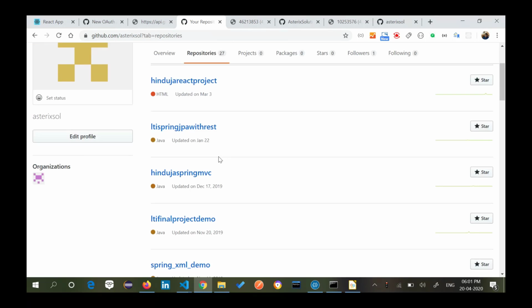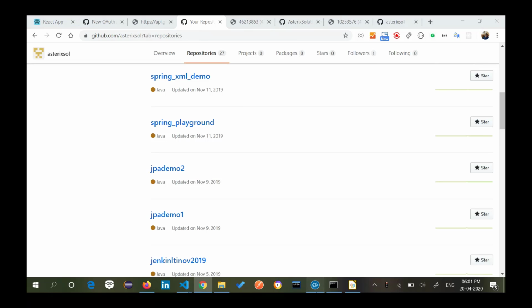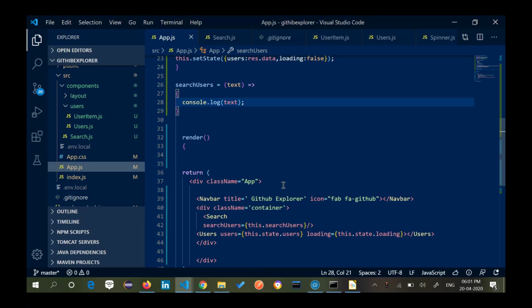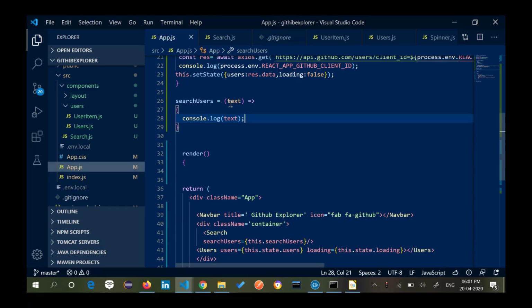This is the Hinduja React project. Are you getting what is happening here? So if I fire this URL now with whatever user you are trying to search for, I should be able to fetch the value. So the next thing is, I need to make the HTTP call from here.